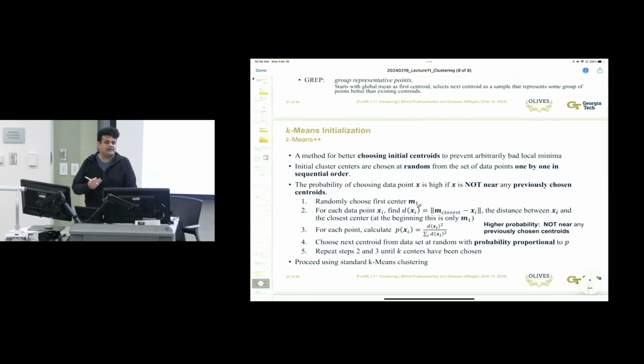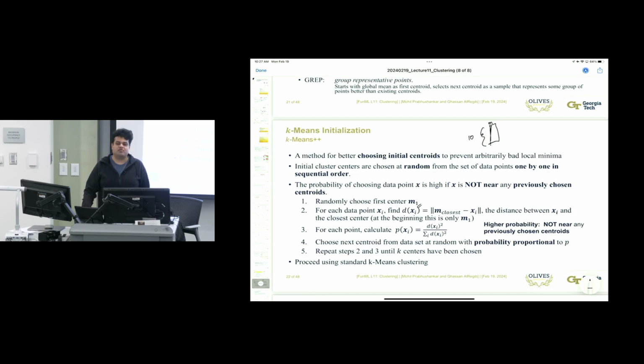This single centroid is taken randomly, and once you do that, you construct a table. Even before you consider any centroids, you construct just a one-column table of centroid M and all 10 data points that you have, and then you select the ones with the